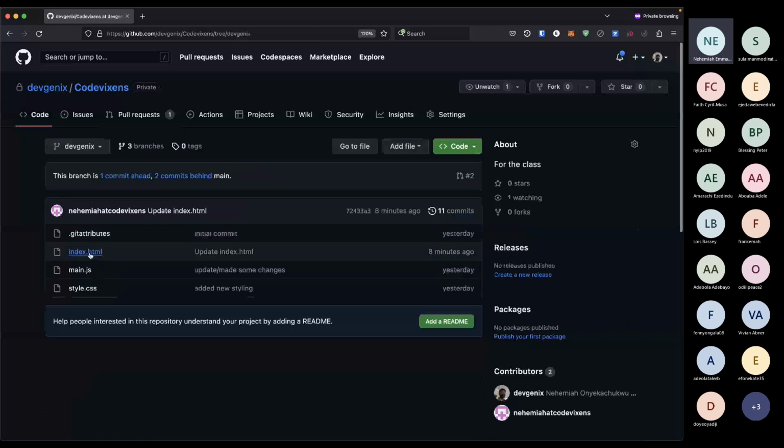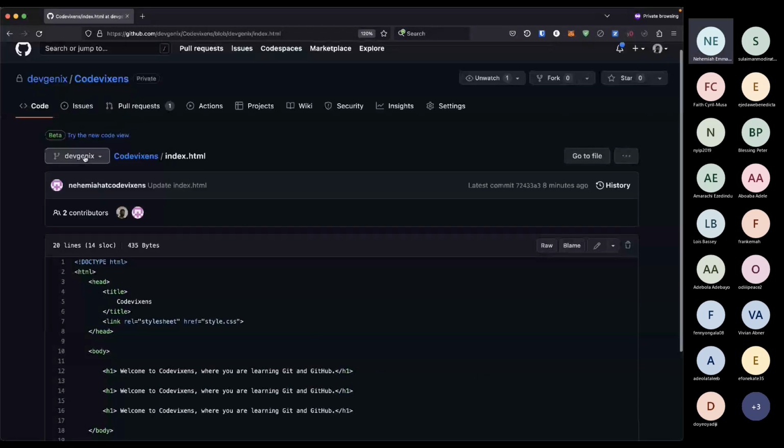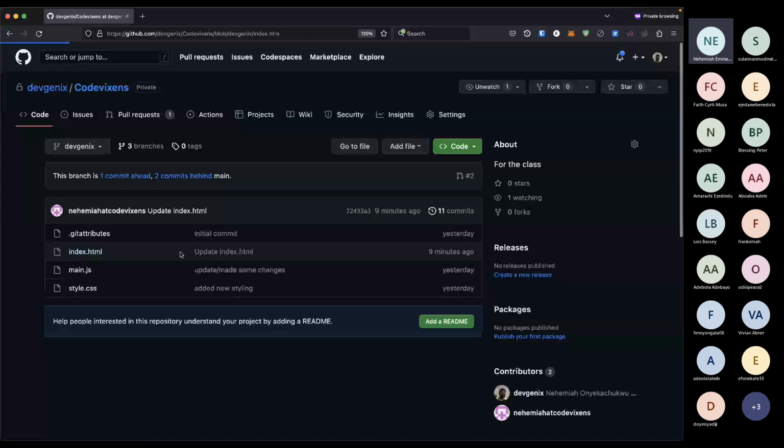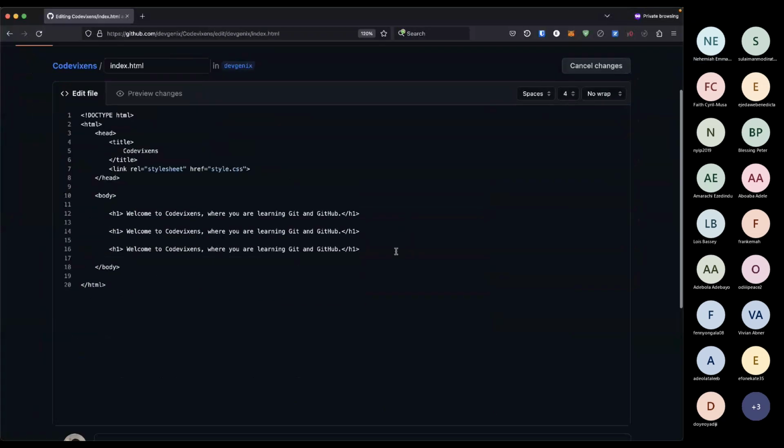So again, I would go to index.html and I'll make sure that I am on the DevGenix branch. So if I go to code, select that this is the branch that I want to make changes on, and that should affect it. And then let's modify the code. So let me add a link here to